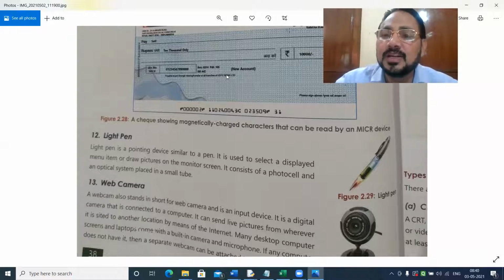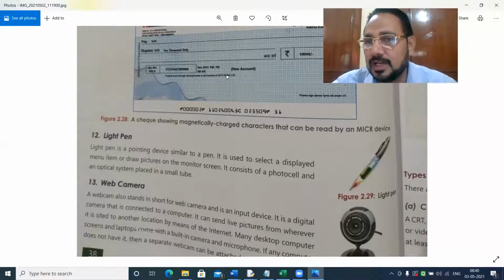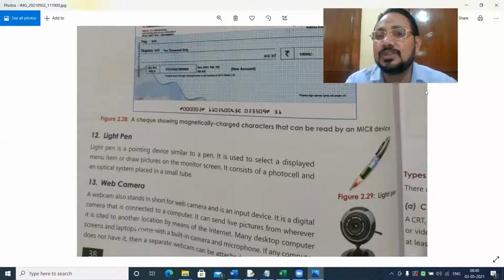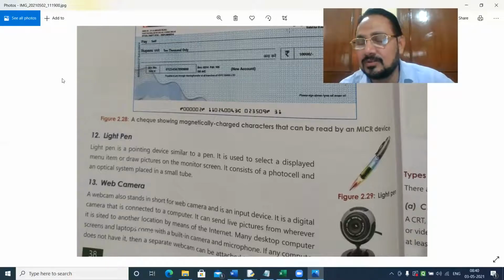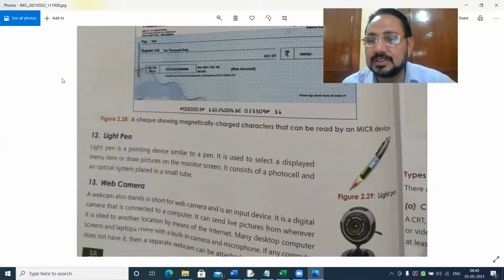The use of a light pen you normally see when you watch a cricket match or football match, when they show the position of a player. In cricket, suppose where the wicket keeper is standing, where the short leg is, where the fine leg is, where the cover position is, or mid off, mid on, etc. Now when the commenter gives his expert comment, he shows that this player should be somewhere here, and then he marks a circle.